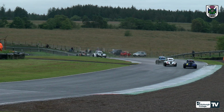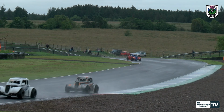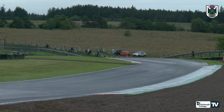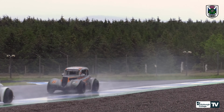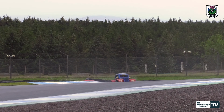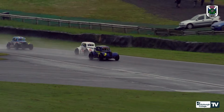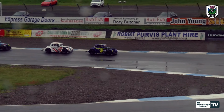Oh, McGill removes a floppy there. That comes off from the second curb, and you can see the floppy exiting stage left into the gravel trap as Billy Waite is in a bit of a lonely situation now behind these guys. 5 guys all battling it out at the front, and Billy Waite just off the back. He'll be seeing what's going on and he'll be hoping that they all get involved with each other so Billy can get a few more steps up the finishing order and possibly onto a podium as John Patterson comes through